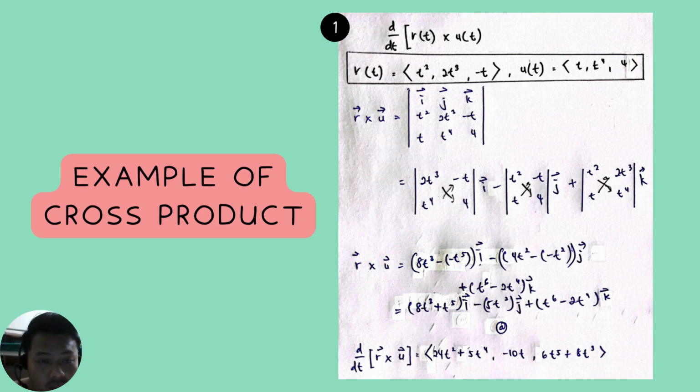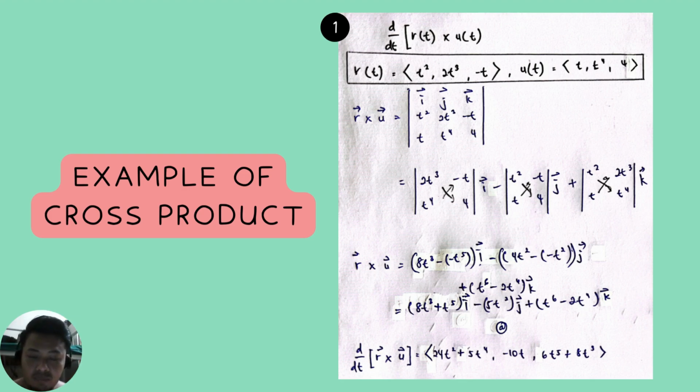The next determinant we have t power 2 and negative t and also 4. And the next one is t square, 2t power of 3, t and t power 4. Alright, now I'm going to write the result in component form. Okay, for the function for the x component we will have 8t power of 3 plus t power of 5, minus 5t power of 2 and plus t power of 6 minus